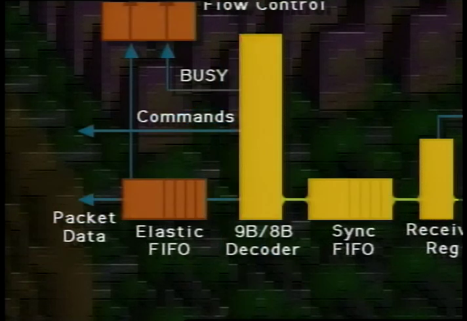Then it goes through a 9-bit to 8-bit decoder to recover the data byte or the command and into an elastic FIFO. That elastic FIFO has 96 bytes in the first implementation, so it stores little more than a packet. If the output destination is available, it is sent directly from that FIFO to the output. If the output path is blocked for some reason, the packet will start accumulating in the elastic FIFO. At some point, it's in danger of overflowing, and a signal indicates that this port is busy and wants the sending port to stop sending data until it's ready to start receiving data again.